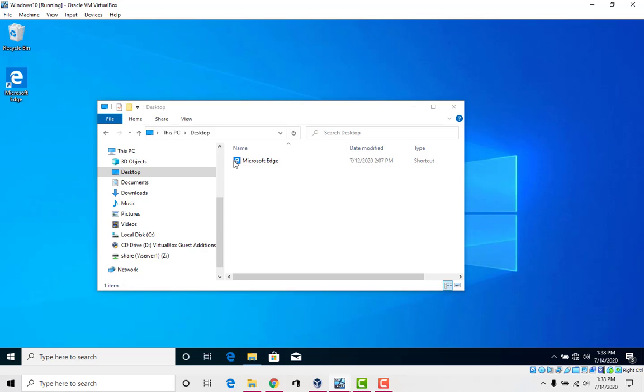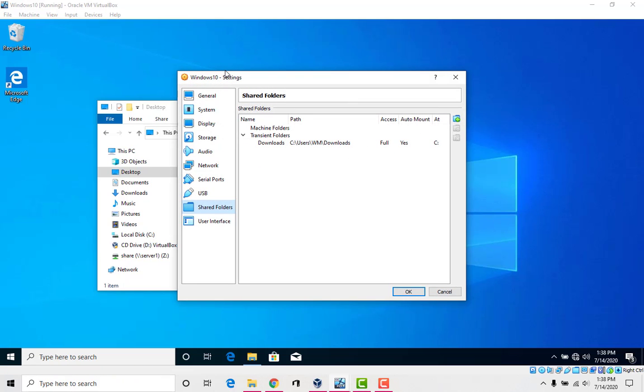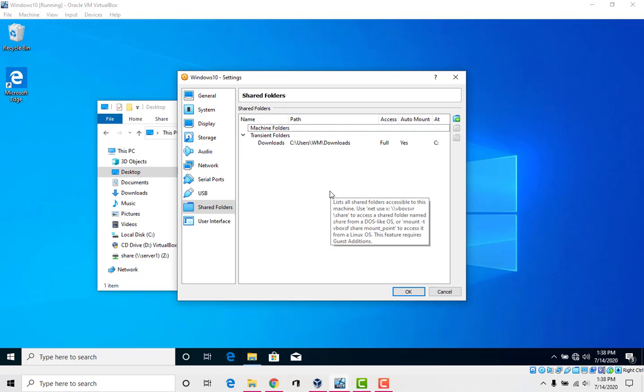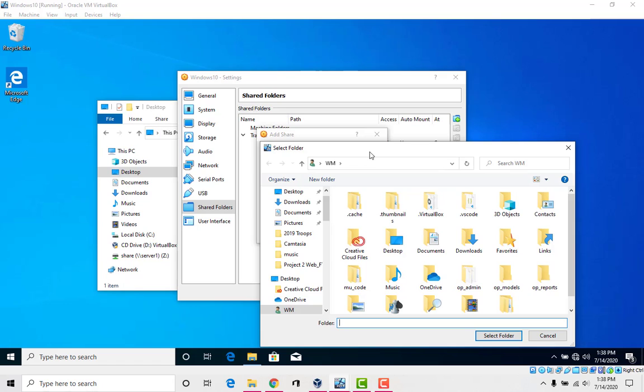So there's another way to do this, and that is we can mount a folder from our host over here. I can go to Devices, Shared Folders, Shared Folders Settings, and on Machine Folders I can say, let's add this, and I would like to add our folder.